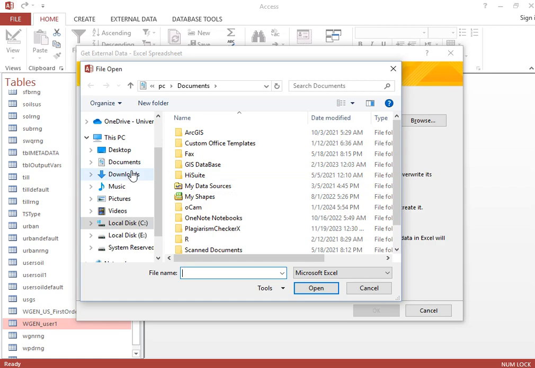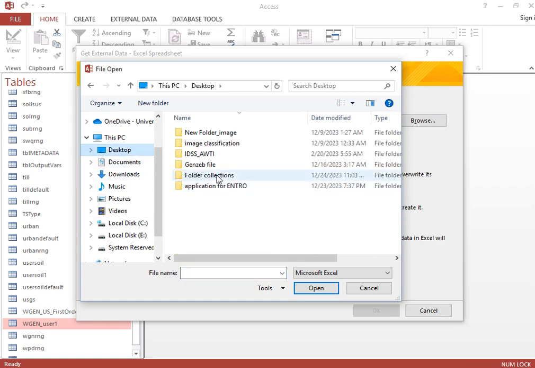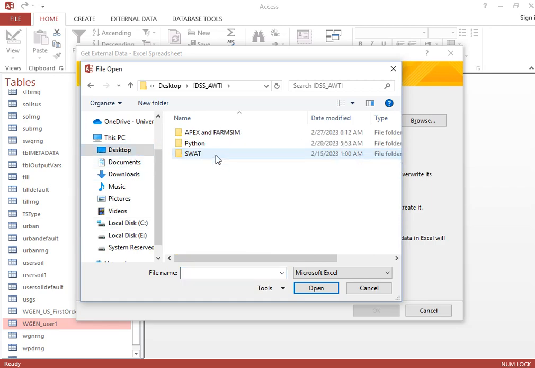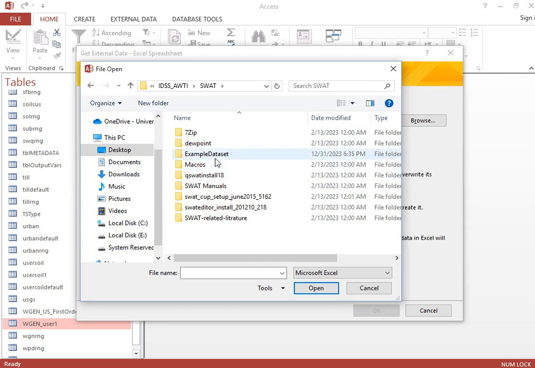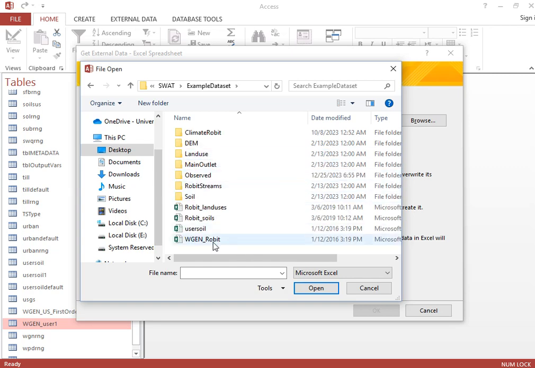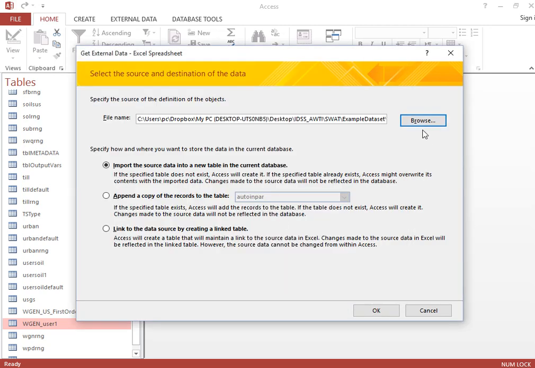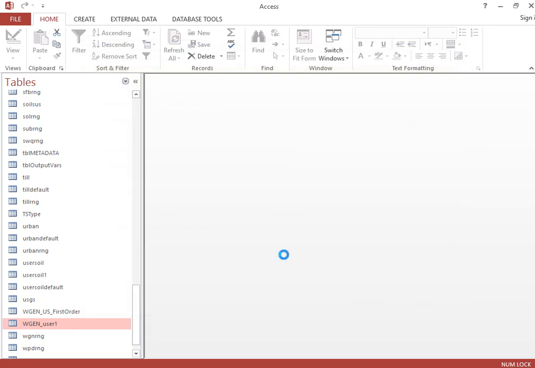Sorry, from desktop. Here is the IDS SWAT folder, and there is a sample data set here. You see the WGN Robit data is prepared in such a way. We have seen how to prepare this WGN Robit. Okay, so open and okay,